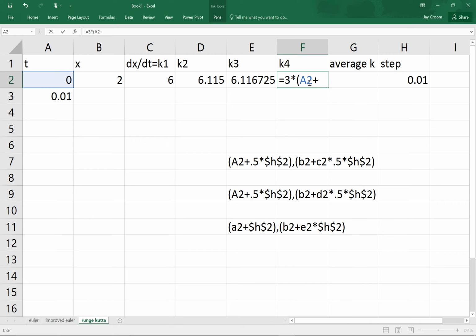And this time we're going plus the full step. Again, I need to make sure that's locked in because I'm going to drag it down in a minute, and I don't want it to change when I drag it down. And then parentheses, and then plus 5 times